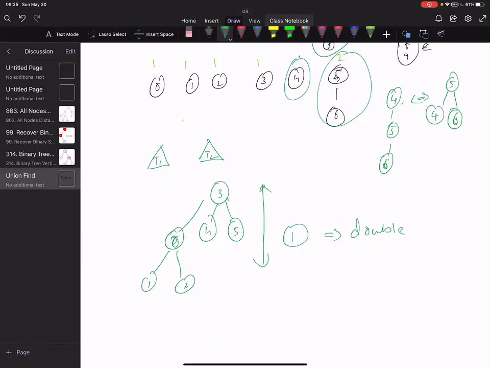And it is not a binary tree. In this case, it is not binary. 3 has 3 children. So theoretically, it will follow our kind of balanced tree algorithm, whatever we call it. Now, balancing in a binary search tree is very complicated because we always have 2 children, so we have to do rotations and a lot of other things. But in this case, we have multiple children, and if we just keep following this size principle, the tree will never grow more than log n. It will be much less than log n, but the depth of the resulting tree will never grow more than log n.